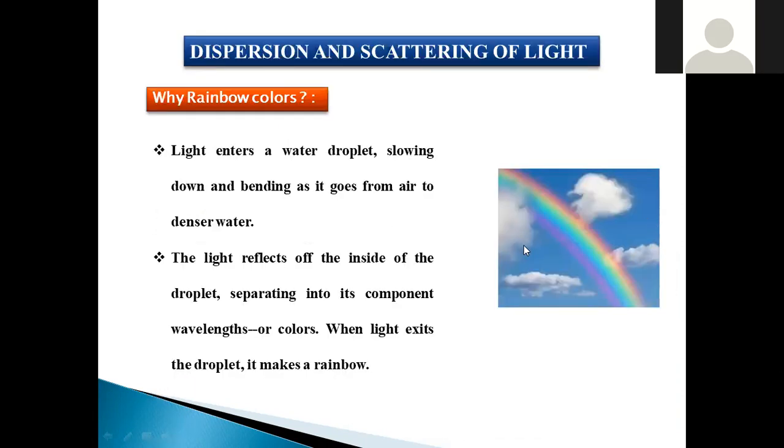After the completion of rainfall, we can observe a bunch of 7 colors in the sky, which is called a rainbow. A rainbow is observed when there are water droplets and light simultaneously. Light penetration and raining are both possible at the same time. Under that condition we can observe the rainbow, with 7 colors visible in a distinctive manner.